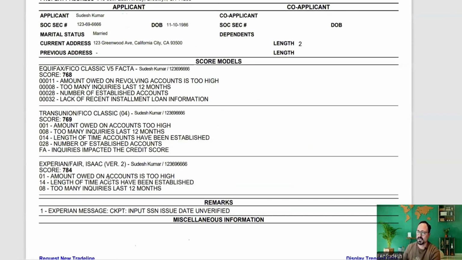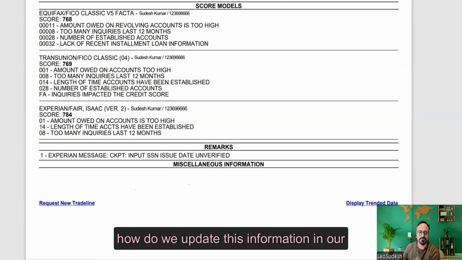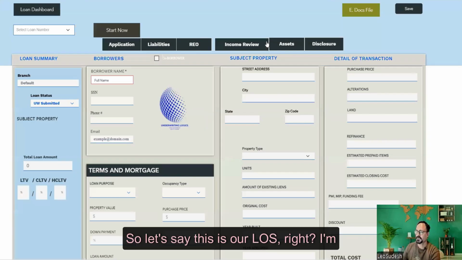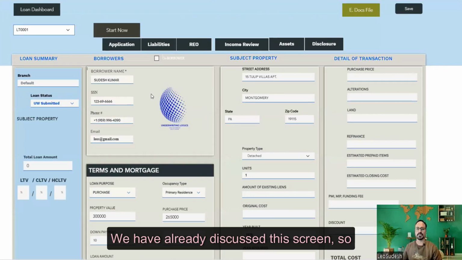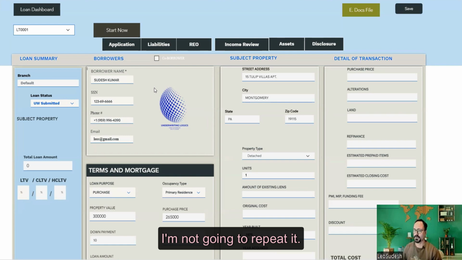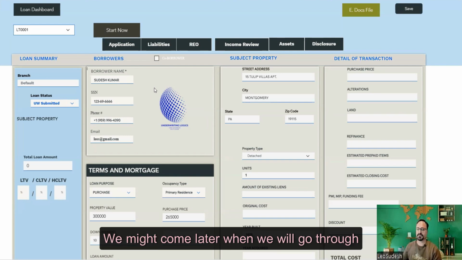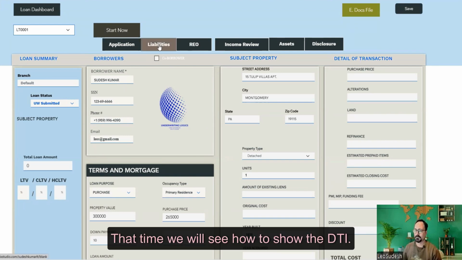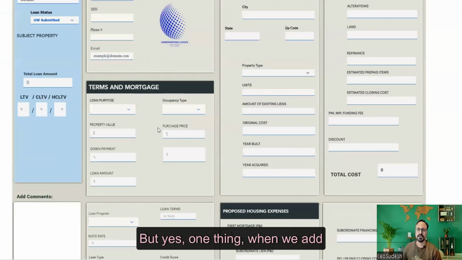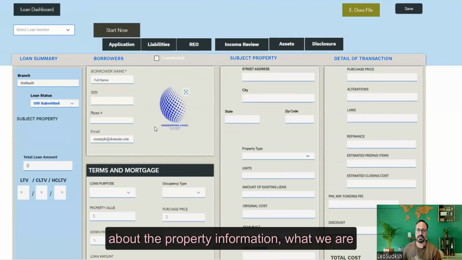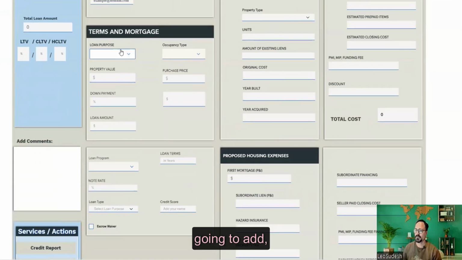Now let's see how we update this information in our LOS. So let's say this is our LOS, and I'm going to select any random number. This is the LOS main screen. We have already discussed this screen, so I'm not going to repeat it. We might come back later when we go through the income. At that time we will see how to show the DTI. But one thing, when we add the property information, we will show